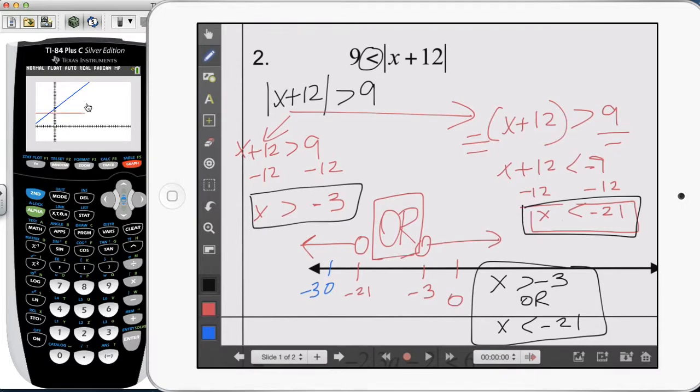So as you can see, I was not able to see all of the V shapes, so I'm going to fix my window. I'm going to go to my x minimum, I'm going to put negative 40 to be able to see the left side of my graph. So that is my graph,